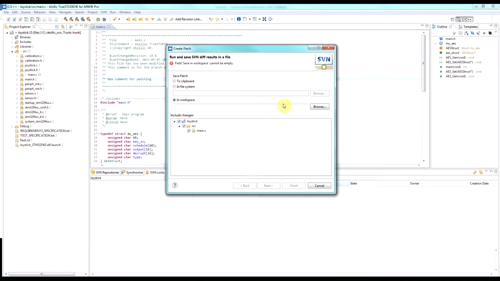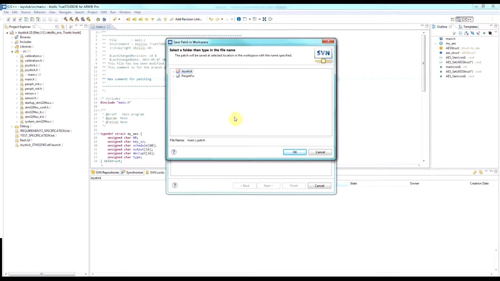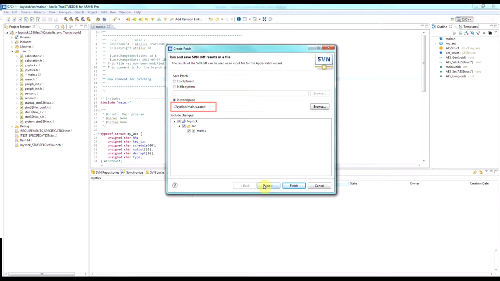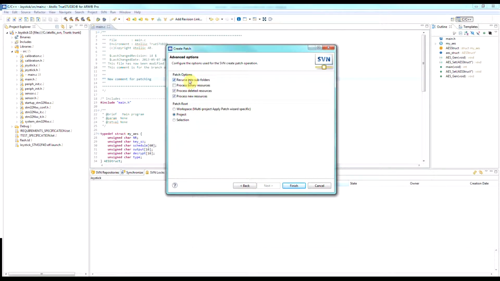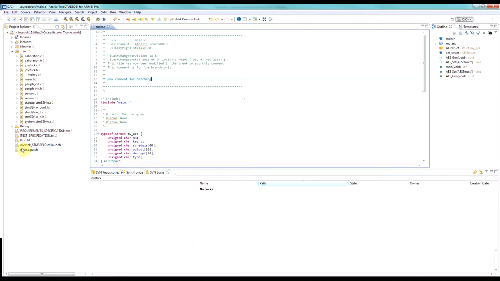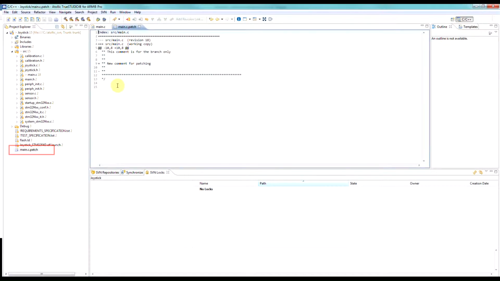I'll do it in the workspace for simplicity. I'll place it here. Theoretically, if I'm looking at multiple files and generating a patch for the entire system, then I would want to do recursion. I probably wouldn't want to include binary files. I would want to process both deleted and new files, because of course as I'm making changes I may be adding or removing files from my project, and that needs to be reflected in the difference as well in the patch. So I click on finish here and I'll have a very simple patch file which appears,